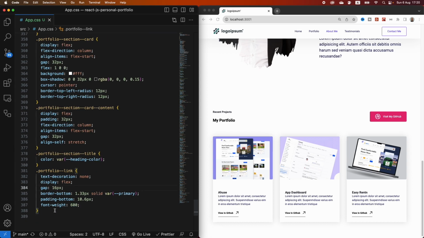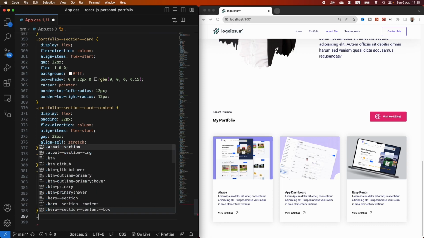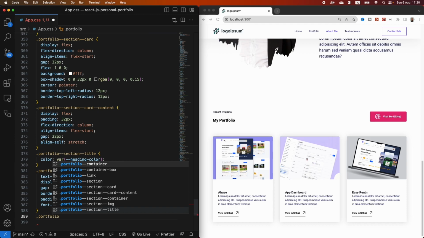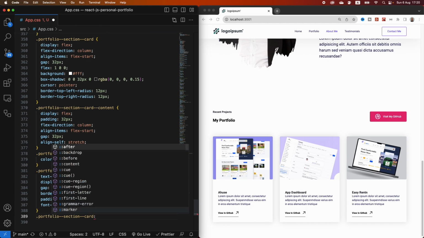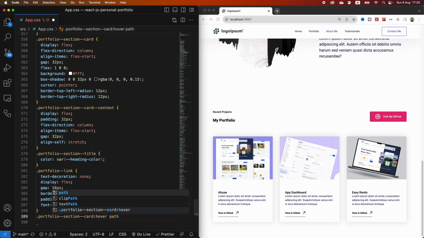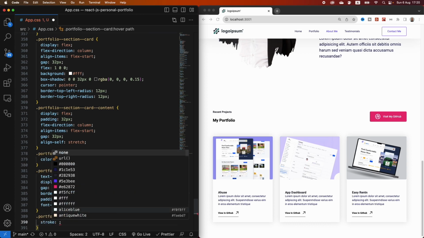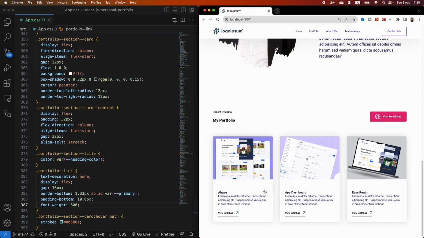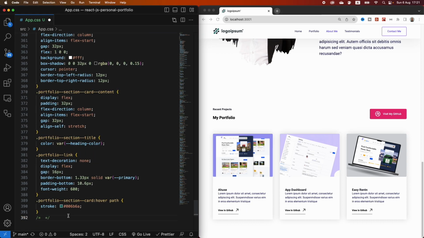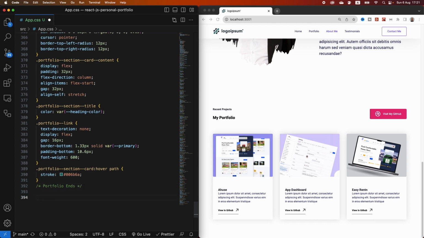Then we're gonna target the portfolio section card and hover and then path, and we're gonna say stroke hashtag 006B6A. Save that, and then here we can write portfolio ends. Then we can move on to our